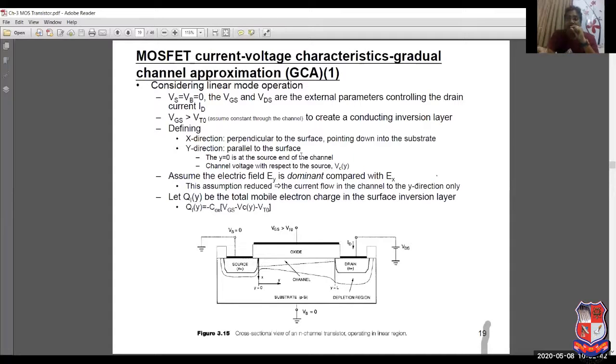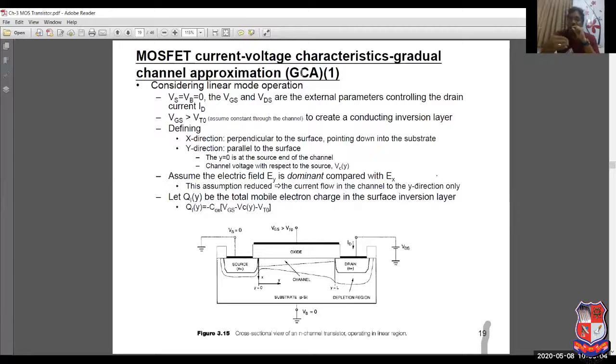So to determine these values, the GCA model is applied. The GCA model is basically known as the gradual channel approximation model. These are the approximated values of the MOSFET current-voltage characteristic, that is ID versus VDS. For different values of VDS, what are the values of ID that can be approximated using this gradual channel